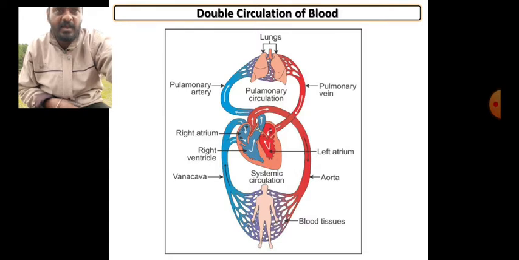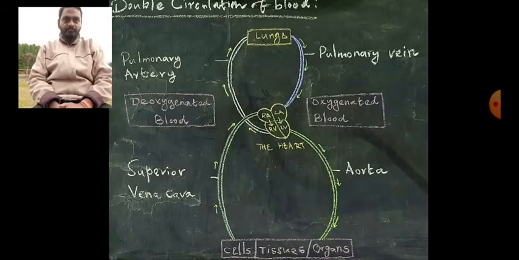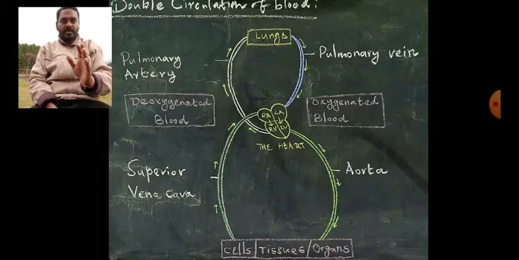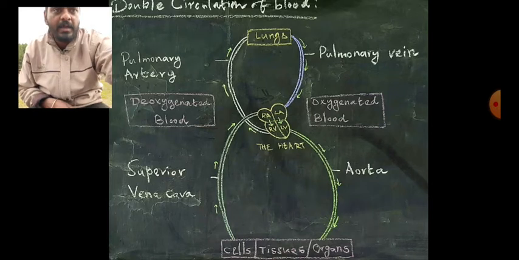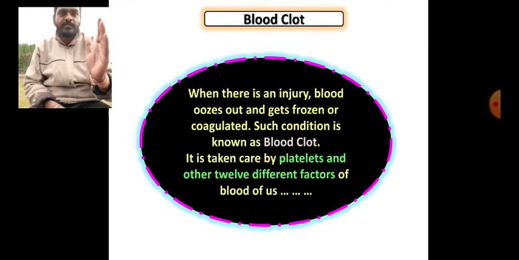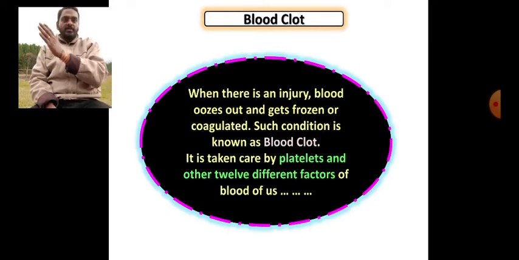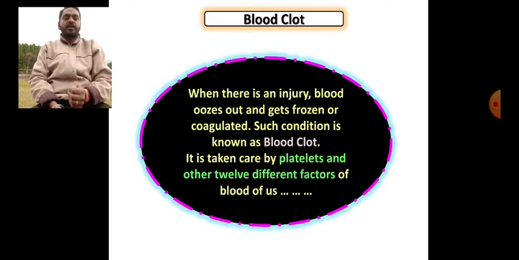The same thing, a little in detail, this diagram is there. So you can opt for this diagram, which is better than the previous one, or you can go for this also. This was the diagram which was used for explaining the same process to all your classmates in offline classes. So any second or third, any one of these diagrams you can choose for your better explanation. So this process, especially the double circulation process, is a very important process.